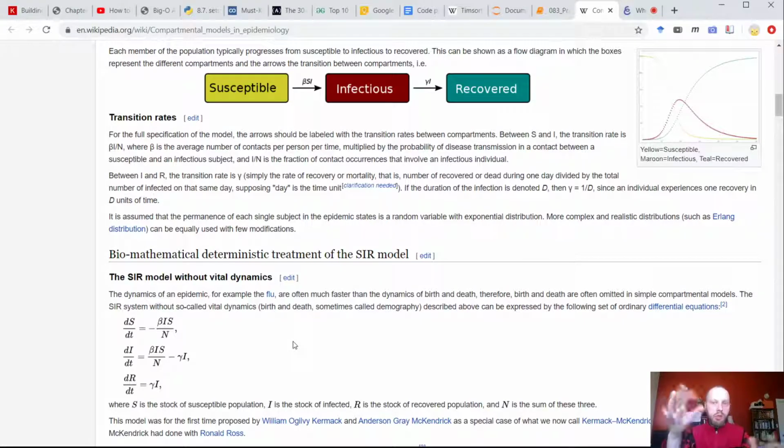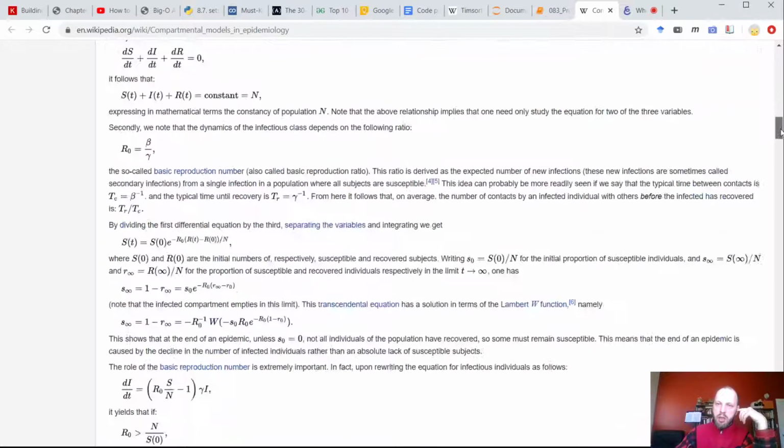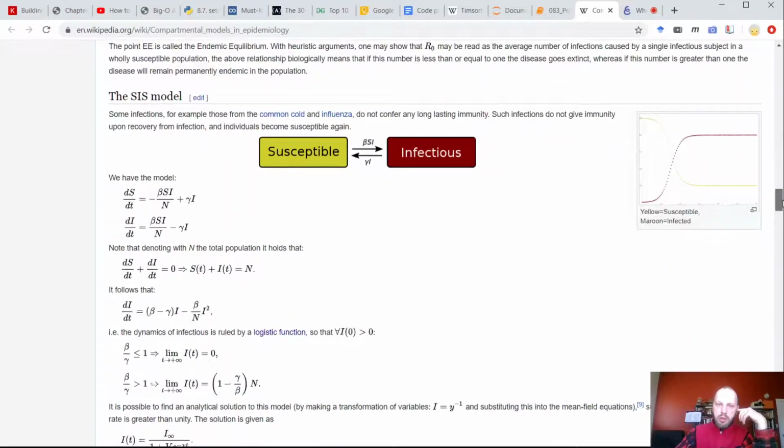So if each node is a person, each person may be healthy and susceptible, or they may be sick and infectious. That's two states at a minimum, right? Healthy and sick. But we can add more. We can have recovered. Let's see what other options there are. They can go back and forth. Maybe when they recover, they don't actually have immunity.